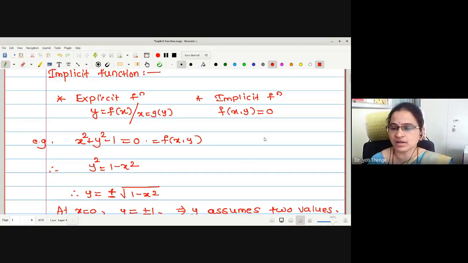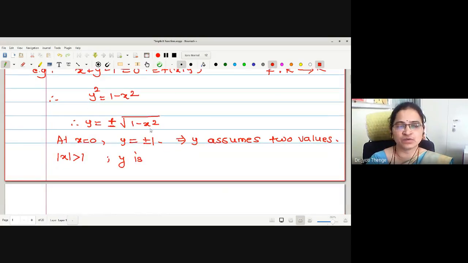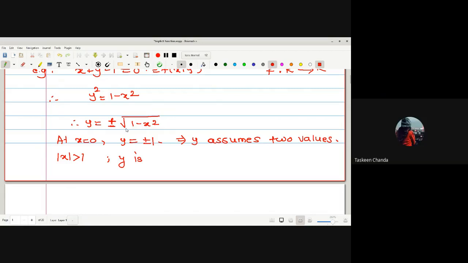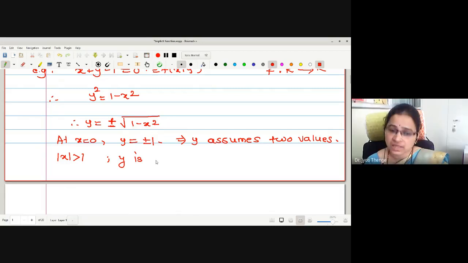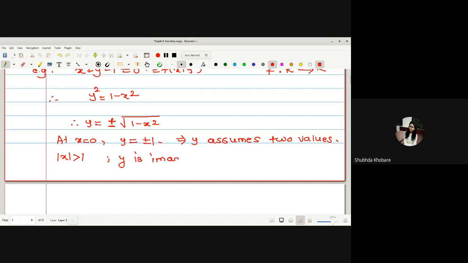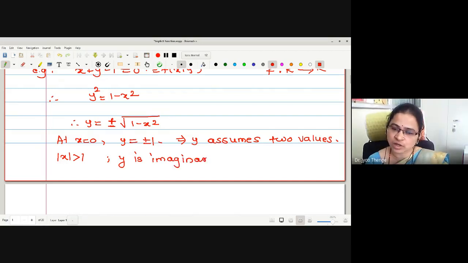We are in real analysis. The function of the type we were considering is of the type R to R. If I take the value of x greater than 1, suppose I take 2, what will be the value of y? For x equal to 2, what is the value of y? 2 squared, I have to substitute, 1 minus. Yes, y is complex, imaginary. And this is another problem.